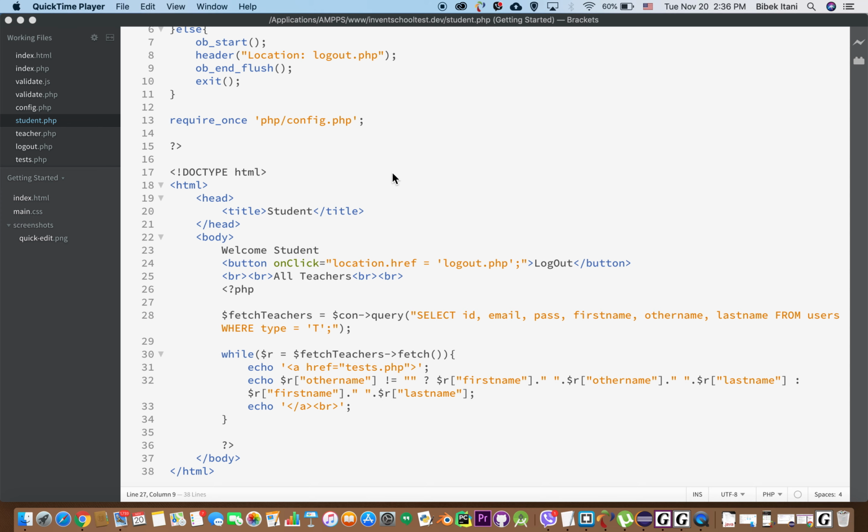And in this tutorial, I'm just going to continue from where we reached in the previous tutorial, and I'm going to show you guys something called GET and how to use it and why we are going to use it in this video. So in the previous video, when you click on any teacher that we fetch from the database,